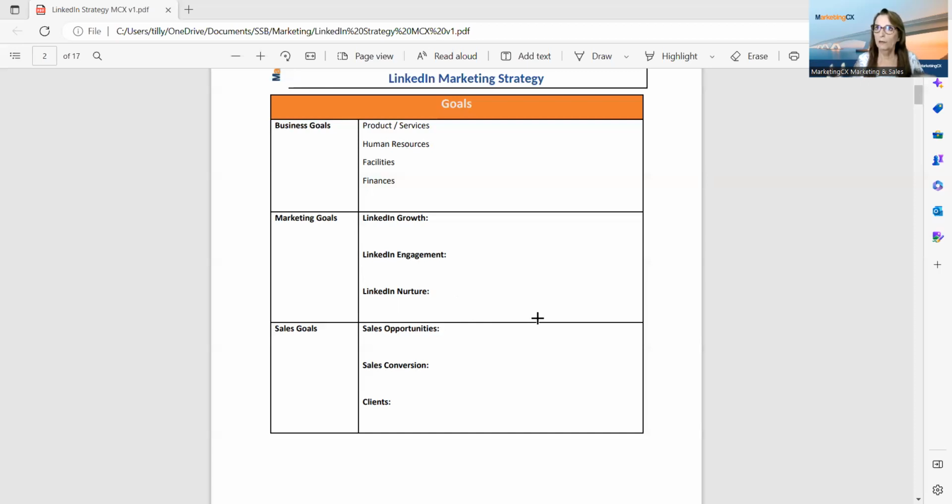Do you want to generate leads and prospects from your engagement? How often do you want to engage, how many posts do you want to engage on, and how many groups? You need to understand what your goals are, and nurturing your existing community. How are you going to nurture them? Are you going to post once a week? Are you going to message them once a month? You need to understand